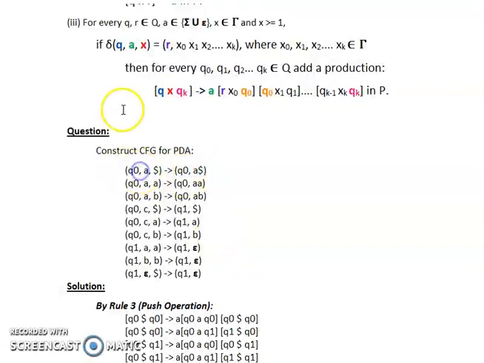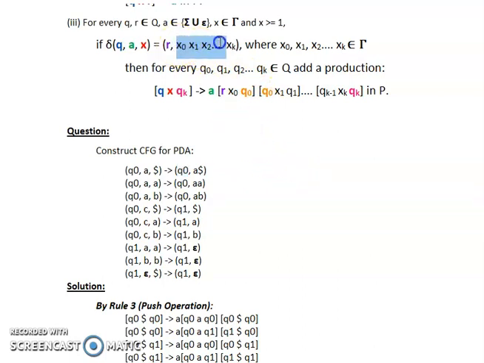According to the first transition, let's check whether this is according to our rule or not. According to the rule, there is a state Q, which in our case is Q0. Then there is an input symbol A, which in our case is also A. Then on the top of the stack, the symbol is X, which in our case is dollar. Now the next state is R. In our case, the state remains the same, that is Q0. So it means there will be a self loop in our pushdown automata.